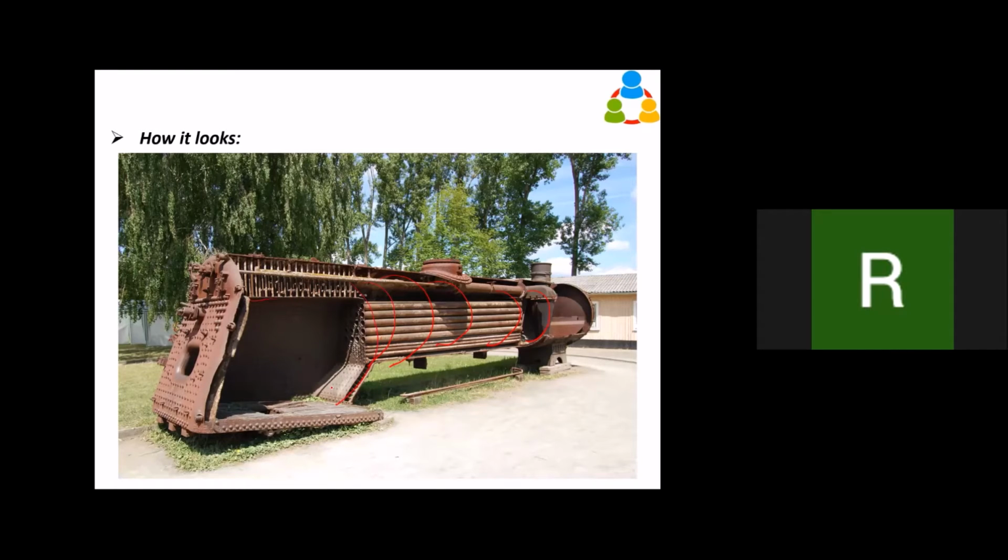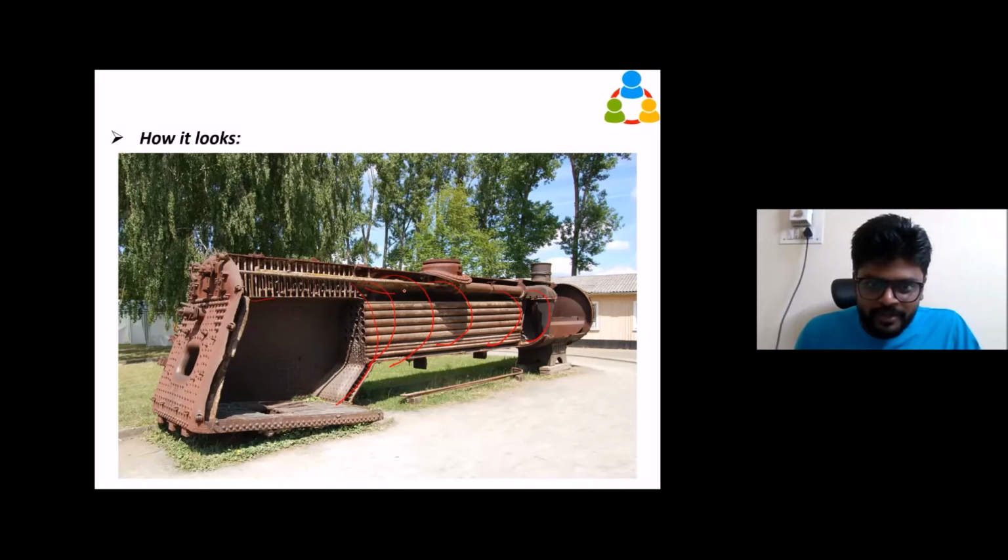So this box is fully covered, so water will not get to it. Water will be here and everywhere surrounding the tubes. Okay. And it will not get into the smoke box and not get into the fire box. It will be completely sealed. So inside the water, our fire tubes are going.